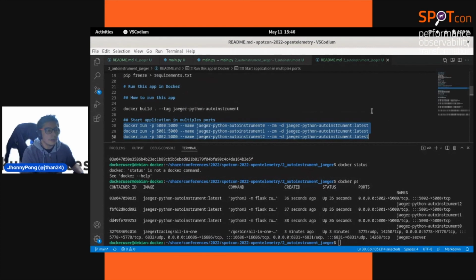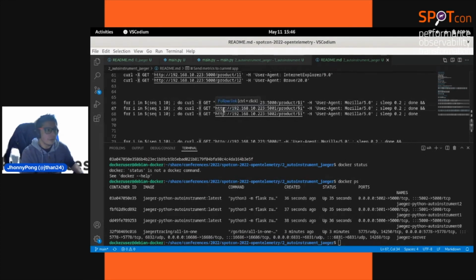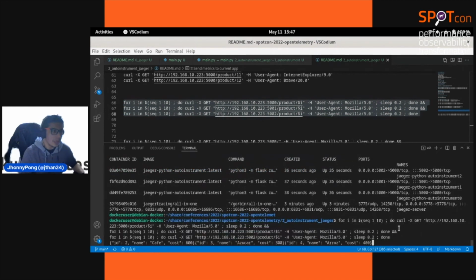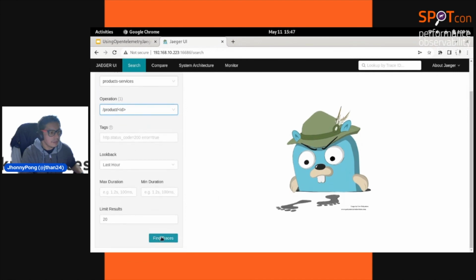We have these three applications that send the data, but how can we send more data inside of our Jaeger definition? We have a little curl command with a loop that generates, in this case, 10 requests for this application, but for a different port. In this case, we sent to these three applications a lot of resources inside of Jaeger, and you can check here, refresh. We have the product service, that is our implementation, and the operation, that obtains information about a product. And we can find traces about that.